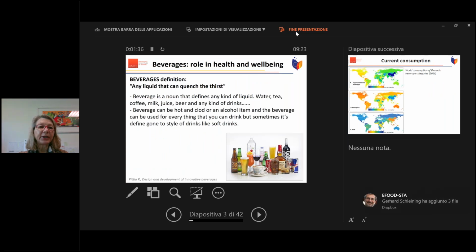Can we have a definition for beverages? Actually, it's rather difficult. Anyway, somehow we can say there is a very broad definition that says that a beverage is any liquid that can quench the thirst. And actually, this is the main aim, like a food is related to its ability to satisfy the nutritional needs. On the other side, we can include among them